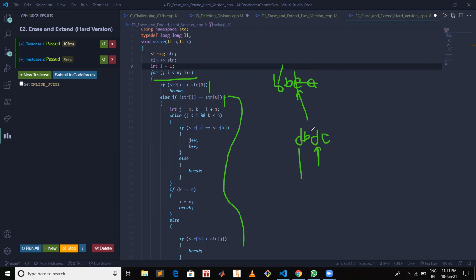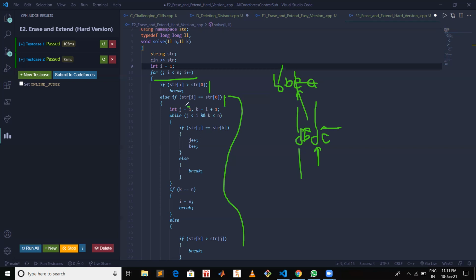So I am iterating this remaining part, since we can decide just by checking this as these two are equal. So we have to check for subsequent characters coming after this I and 0.